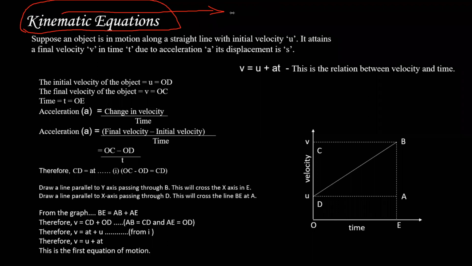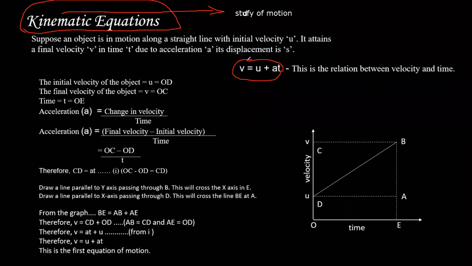And when I say study motion, I mean: how fast is an object traveling? How much distance has it covered? How much time will it take? So this is the study of motion, and these equations tell us exactly how to study it. It should be D, okay, not T. So we have 3 equations now.